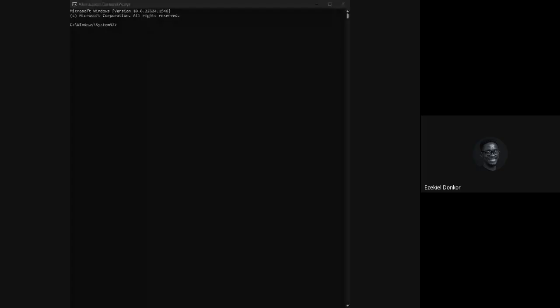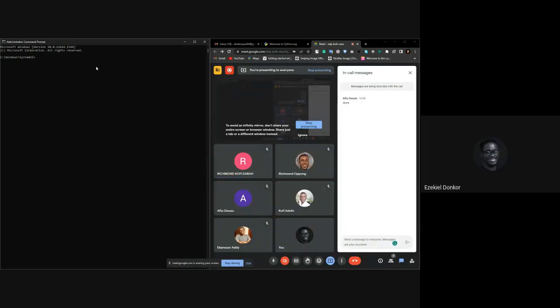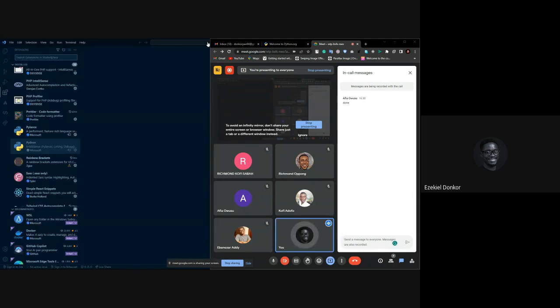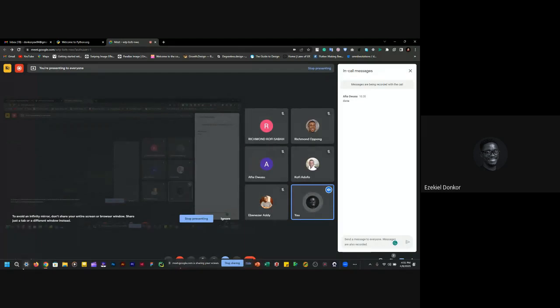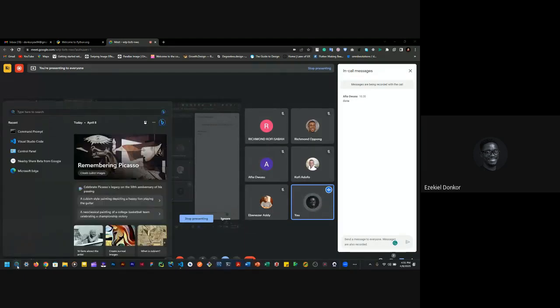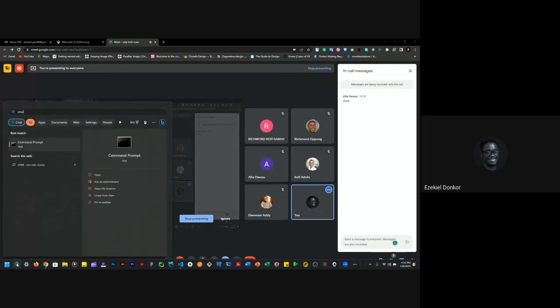Yeah, I'm sharing my screen now. Can you see my screen now? Actually, wait, let me share my entire screen. Awesome. So I'm going to go over the launching of the command prompts, right? So go to the taskbar, click on the search box or the search icon, depending on how it's organized, and type CMD, right?